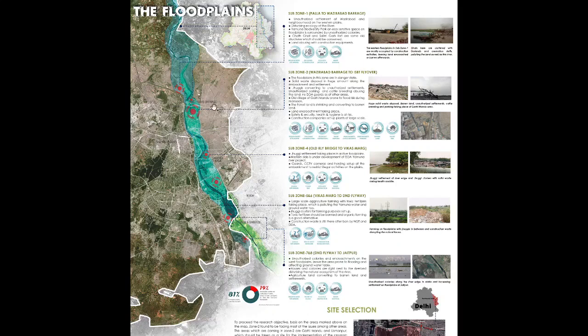But if we look at sub-zone 2, that is Wazirabad Barrage to ISBT flyover, this area is actually in a more vulnerable state. It is facing most of the issues such as unsettled illegal encroachment, ongoing construction, ecology, waste disposal, unauthorized cattle breeding, unauthorized parking, barren land, and houses prone to flood risk. So basically, my site is coming from this area.